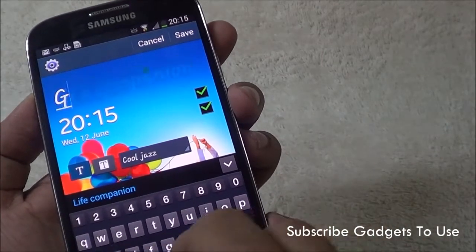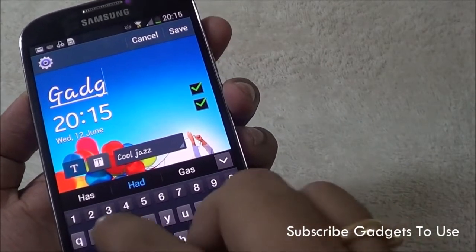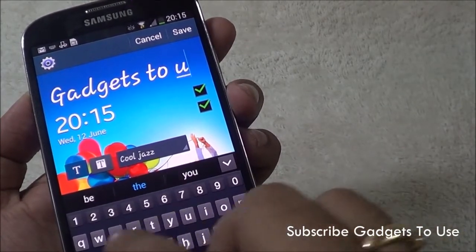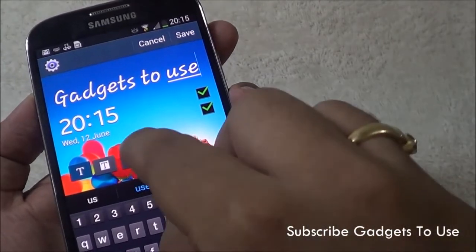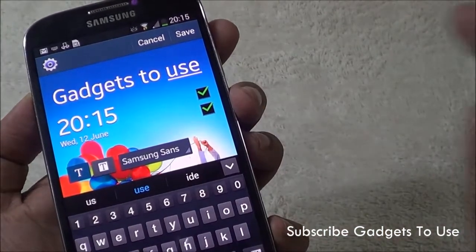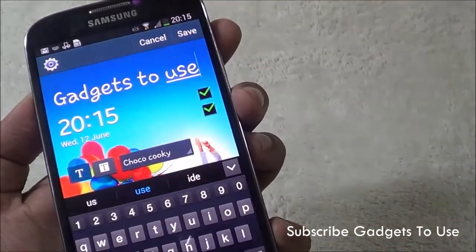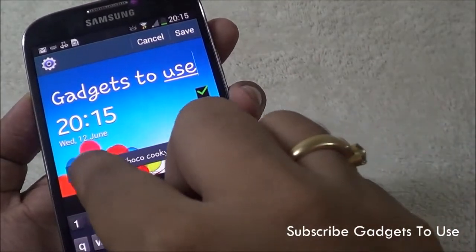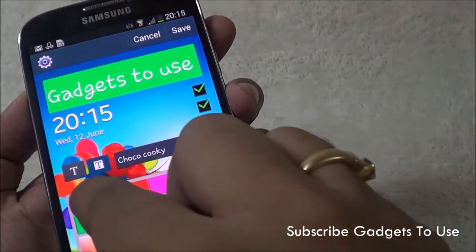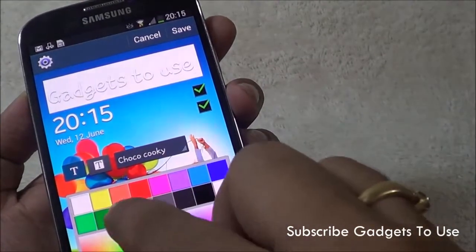So whatever you want to display on the lock screen, you can always change that. For example, if you want to display gadgets360.com on the lock screen, we write it here, and if we change the font from Cool Jazz to Samsung Sans or this one, and we can specify the color, the background color basically, and we can specify the foreground color as well.